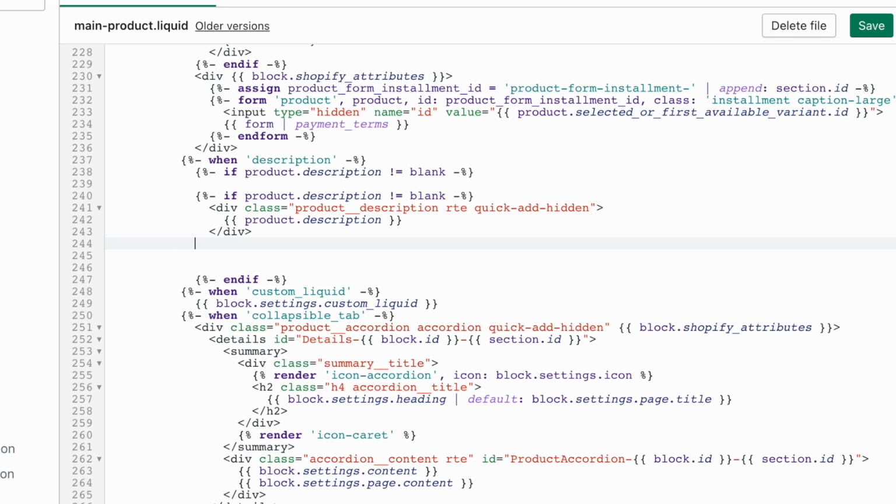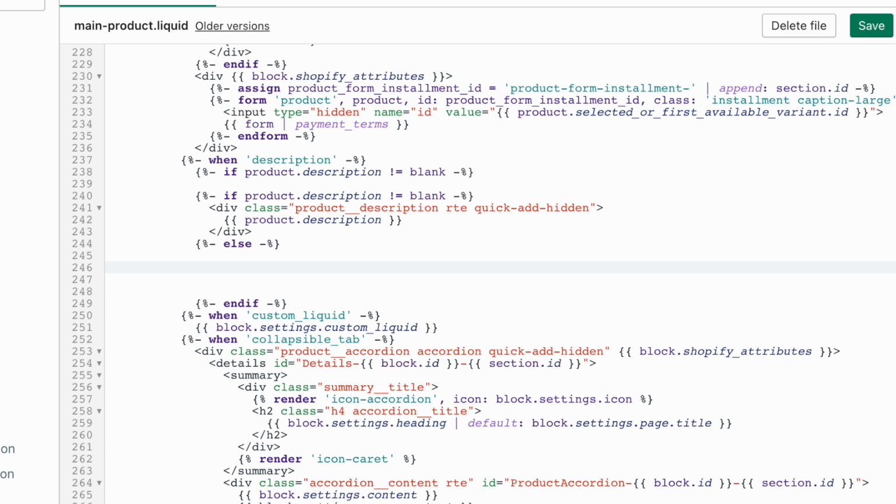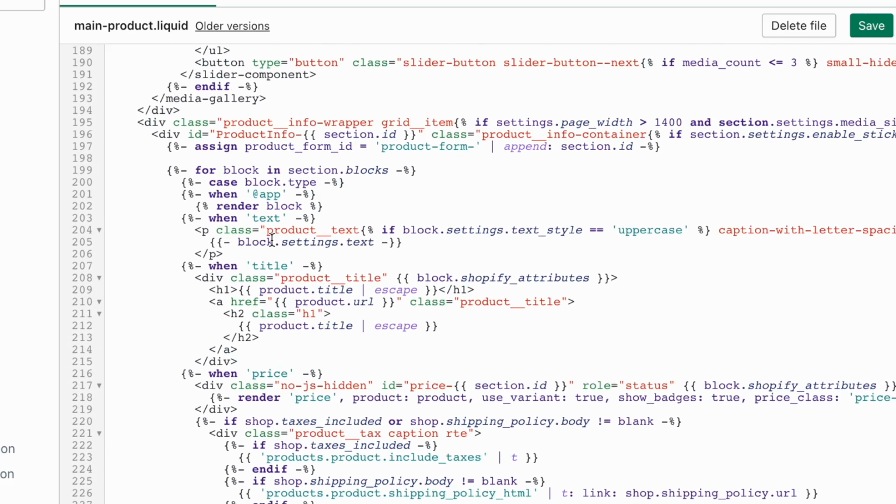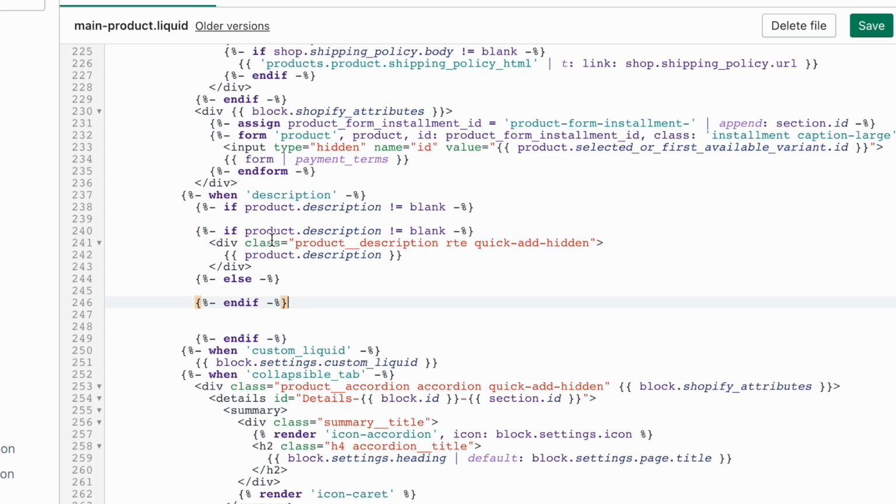An if statement always has an else, right? So we're going to write that like else. And then it always has an end if. Now see how it's in line with kind of its parent? Well, we want to be paying attention to indentation. In HTML or in Liquid, we can always see what's going on based on the indentation and